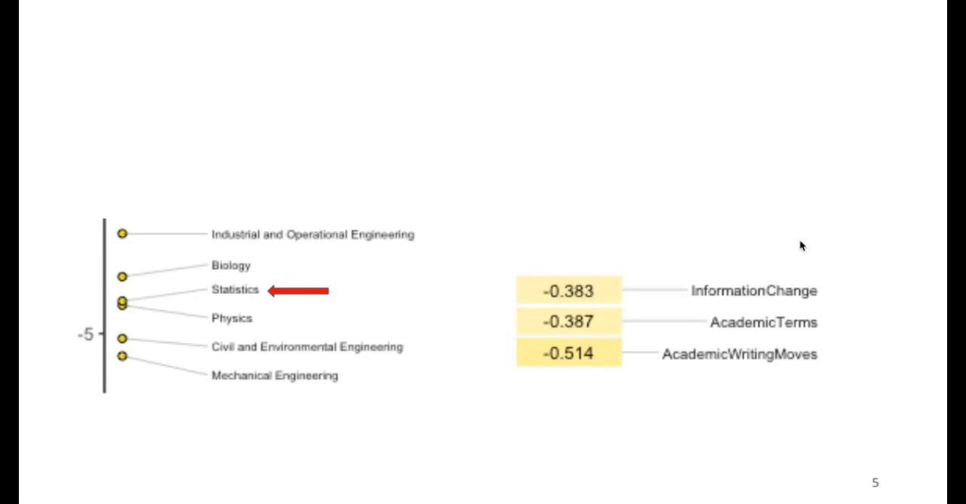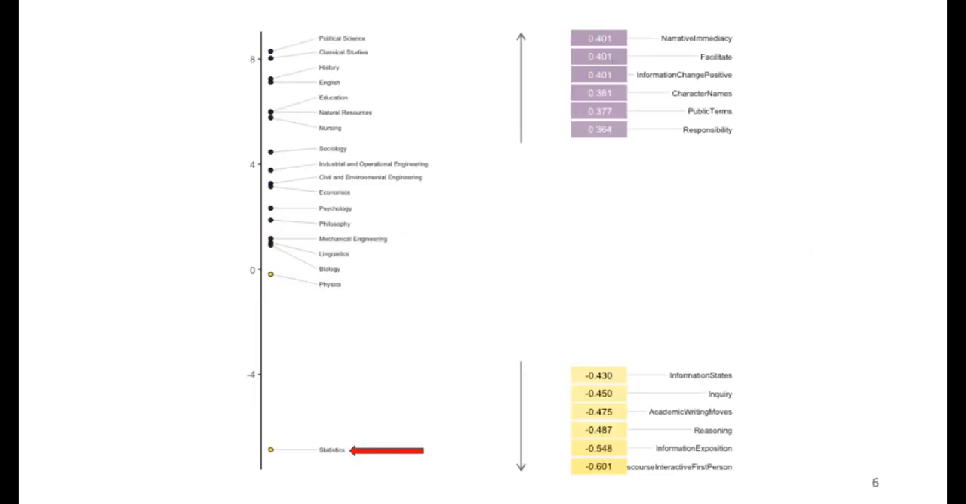other mathematically oriented disciplines. Dimension 2, however, shows statistics far from the other disciplines on the negative end of this dimension. And here it's characterized by categories like inquiry and academic writing moves, again, as well as reasoning language. But perhaps more interestingly, it's characterized by the absence of some of the categories at the positive end of this dimension. So things like narrative immediacy, facilitating language, character names. So we're getting much more narrative functions on the positive end and not as much in the discipline of statistics